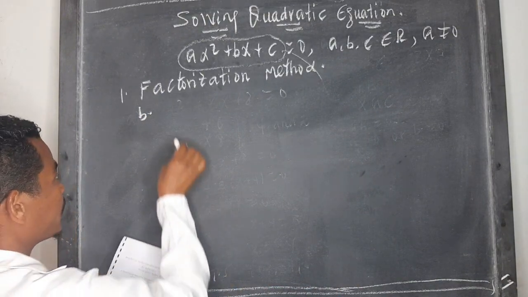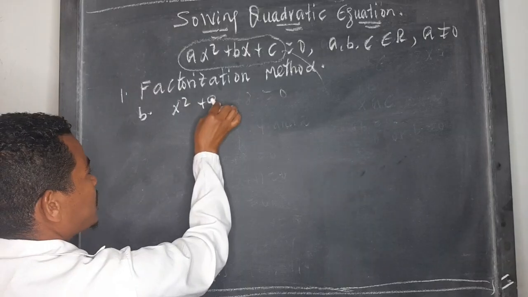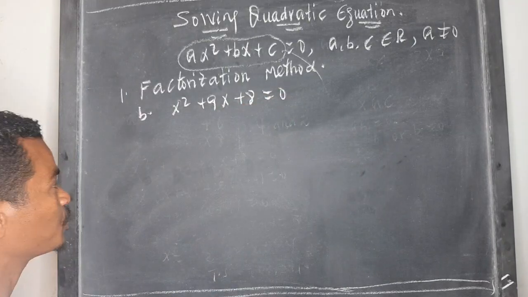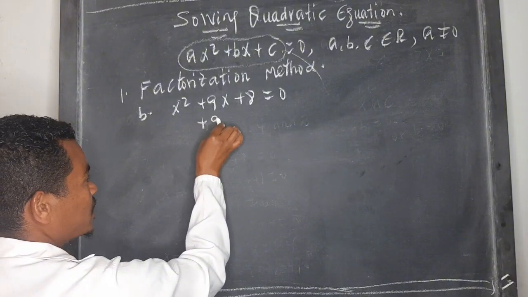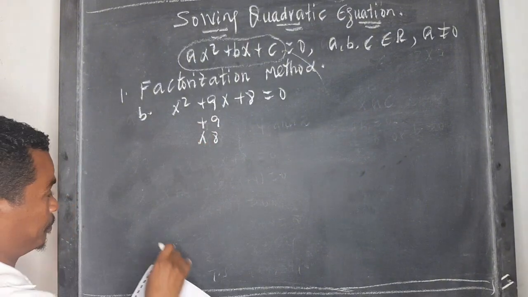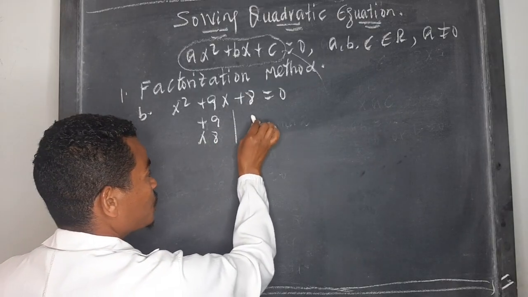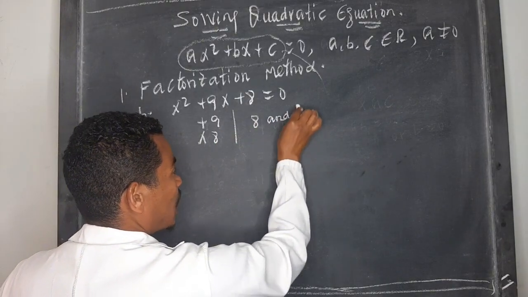b, x squared plus 9x plus 8 is equal to 0. Again we find two numbers whose sum is 9 and whose product is 8. ስንደምራቸው 9 ስናባዛቸው 8 የሚሰጡ ቁጥሮች እናት ናቸው 8 እና 1 ናቸው።